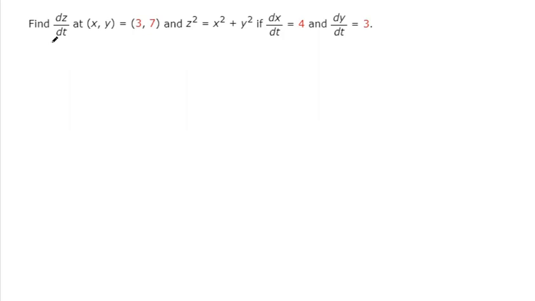We're asked to find what the derivative of z is with respect to t. So if you look through the information that we're given, this is an equation involving z. So let's take a derivative with respect to t of the entire equation, the left and the right side, because the derivative is like a linear operator. That means it can distribute to each separate term. So we're taking a derivative with respect to t